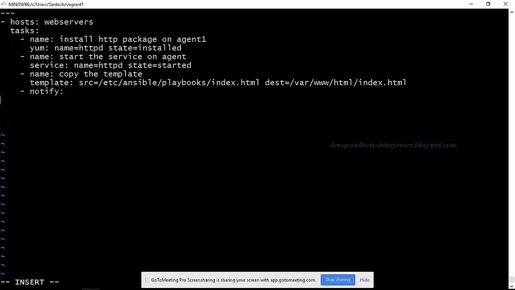This is a keyword. Then I'll just say name restart HTTPD. Now here in the handler section, I'll mention hyphen name equal to restart HTTPD. The same line, basically I need to copy the same two lines.